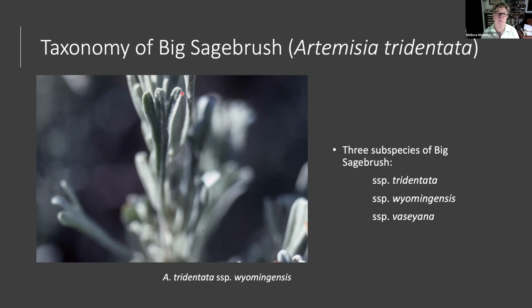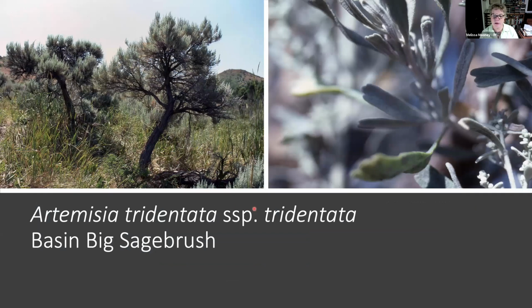And the way you can tell wyomingensis is the flared out nature of these three upper tridentate portions of the leaf. Now, when we shift to looking at Artemisia tridentata subspecies tridentata, if you look at the leaf of tridentata, you see that it's much more linear. It is barely tridentate. You can see the three points at the tip, but it's a much more linear leaf,